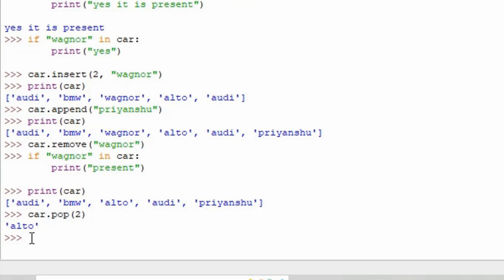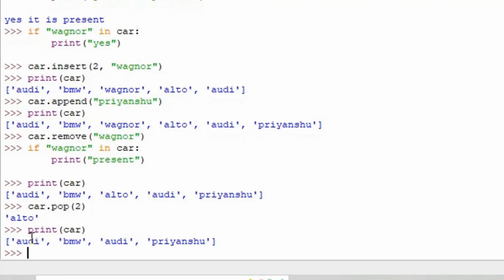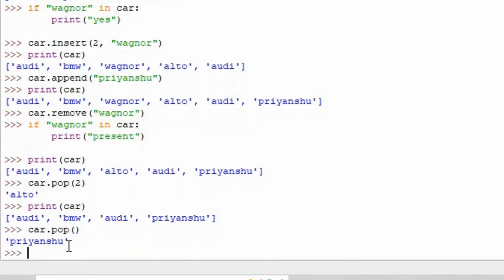Let's check it. I will write print, then the name of the list, and press enter. We can see that Alto is not present. If we do not mention any argument inside the pop, which element is going to be deleted? Let's see. The element deleted will be, by default, the last index.